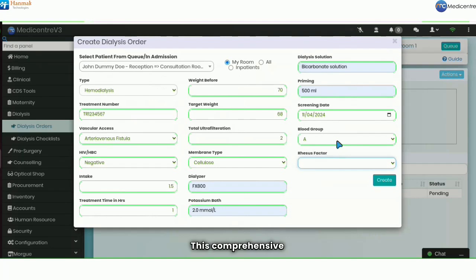This comprehensive approach to data collection enhances patient care and safety throughout the dialysis process. From the drop-down, select the blood group and the rhesus factor as shown, then click on the Create button to